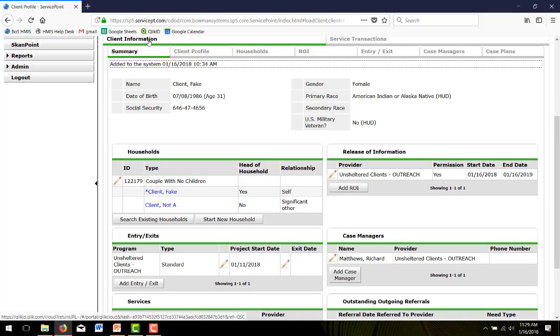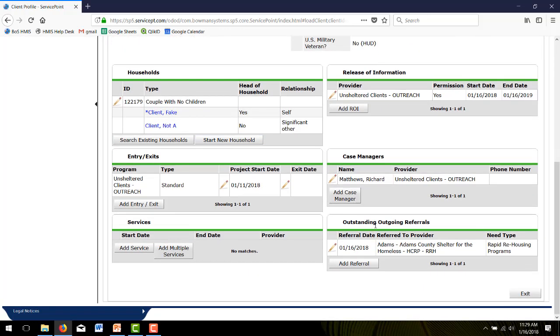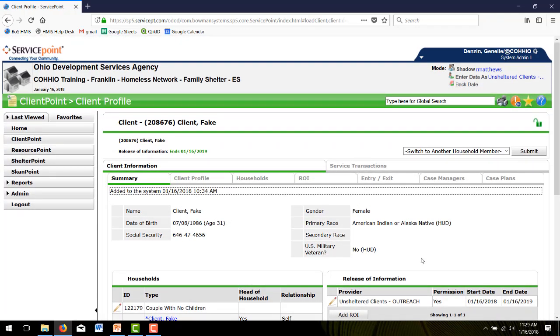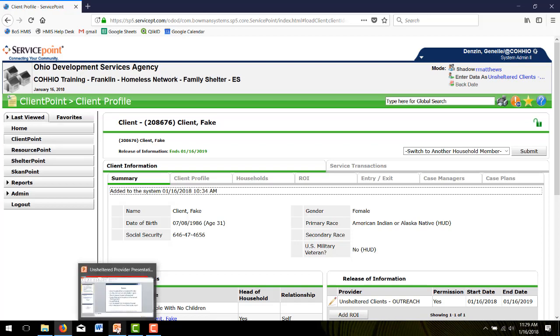So then we're going to go back into the client information world, and now we can see here that there's an outstanding outgoing referral to the Adams County Rapid Rehousing Project. So since we are the access point,